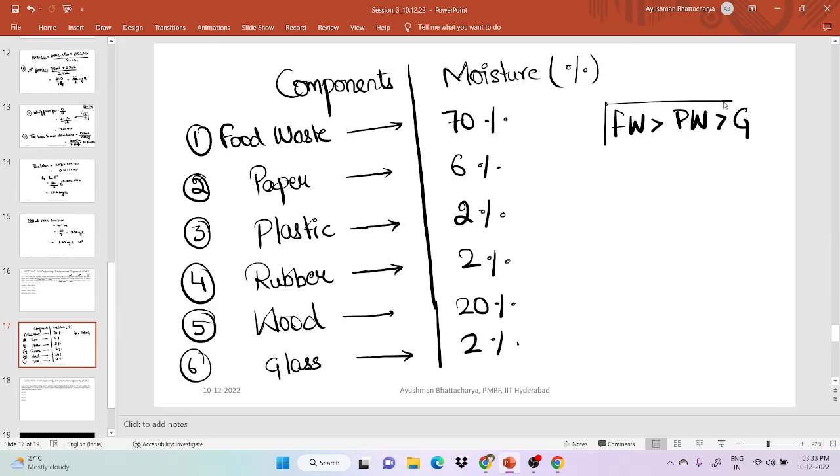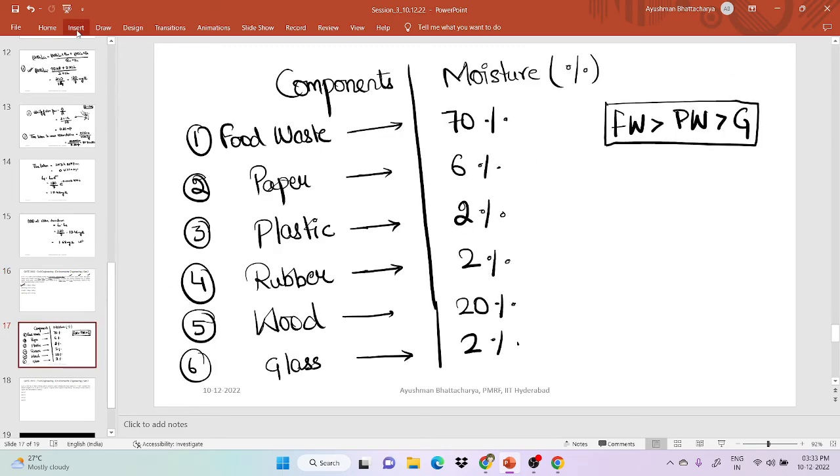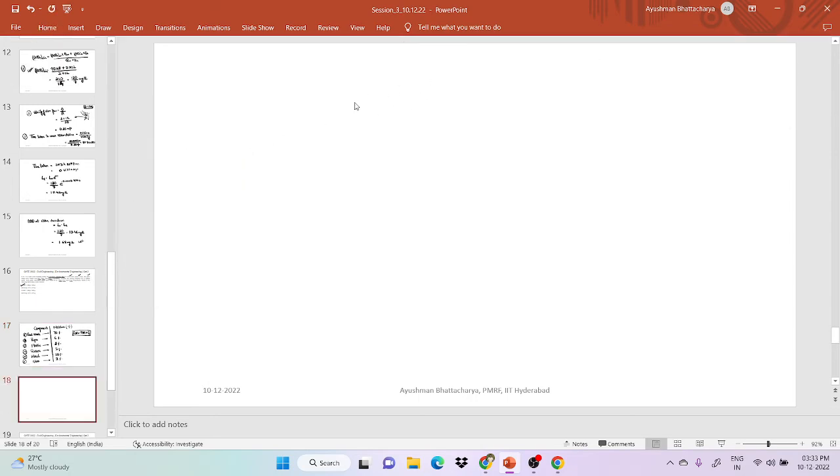So this sequence is in terms of moisture content. Looking at that, option A is correct for moisture content. Now for energy content, we have to look at the values of the energy. So similarly, for energy content, the component,